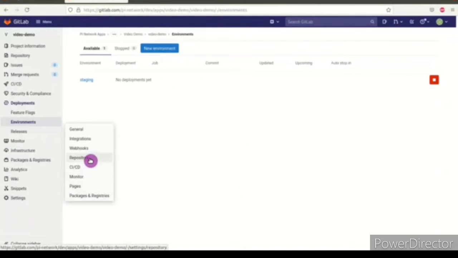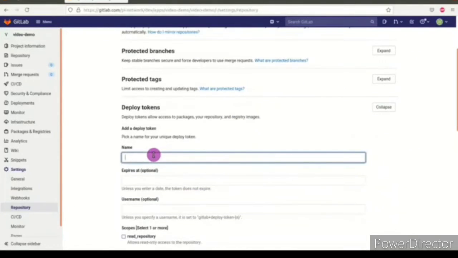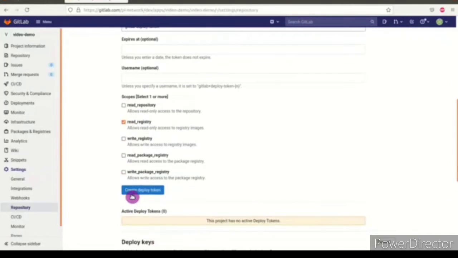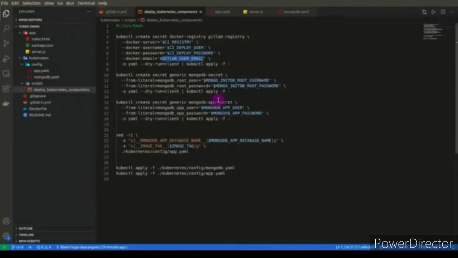settings, repository, and then deploy token, and here we need to create a deploy token. So this token must have this name, GitLab-deploy-token, and we add it the read registry scope. Then you can create a deploy token. It will give you a password that you do not need to save, and you can just quit the page. I created my deploy token, so now we can go back to the code, to the script, and see what